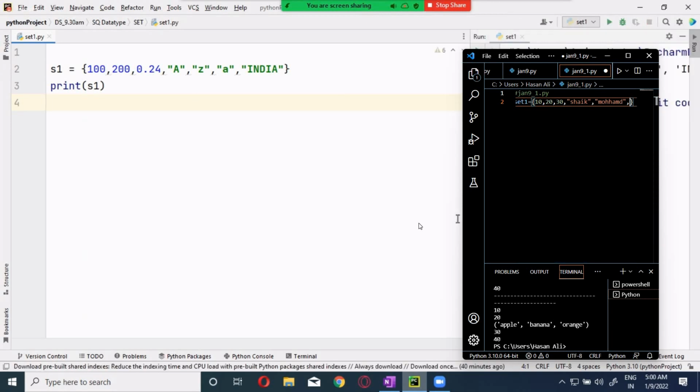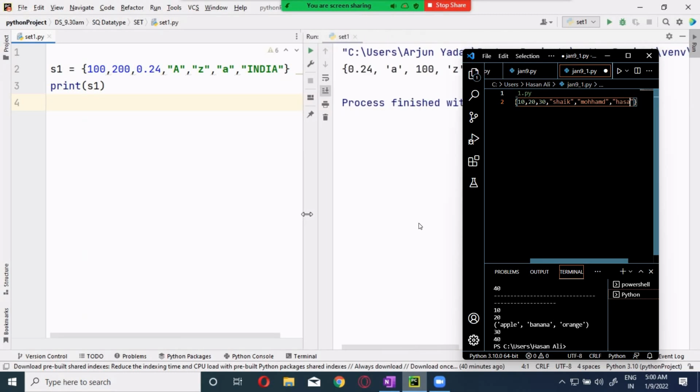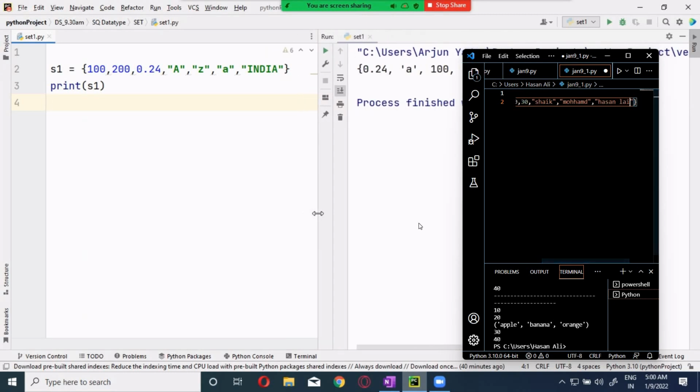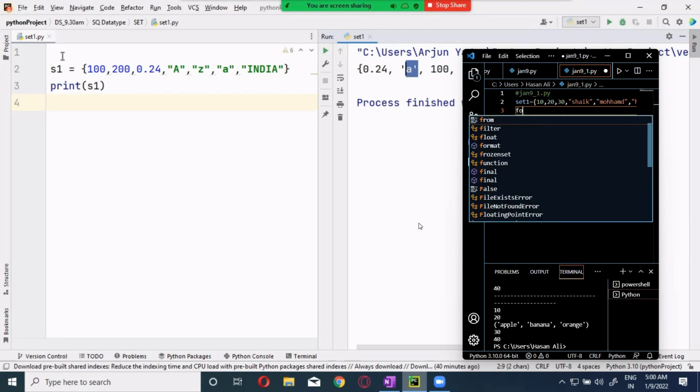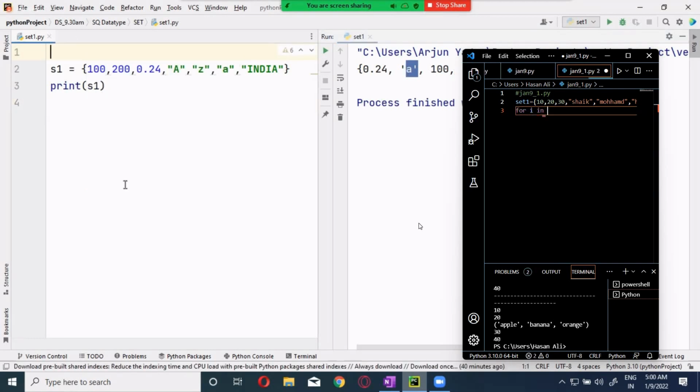See this, the order is changed. Now don't think that it is because 0.25 is the lowest value, or then capital A, small a, capital A is the lowest compared to small a. We can't predict how it will be doing it all the time. Okay, now it is changed. Can you see it?